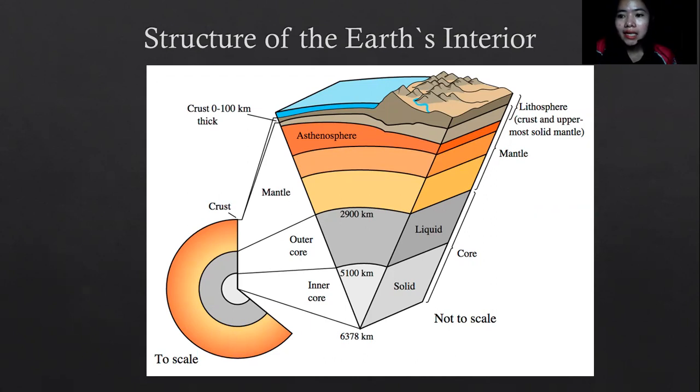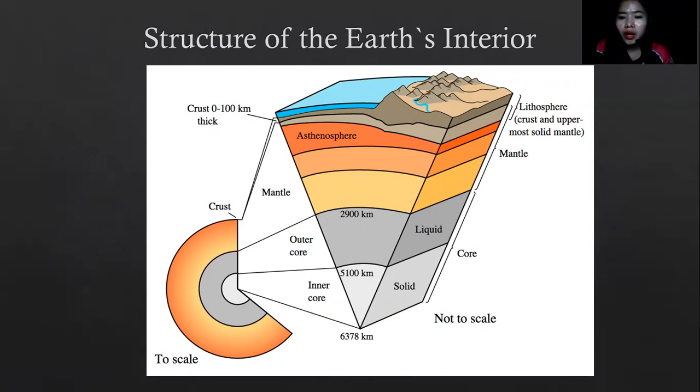And the fourth one is the outer core. It is the layer of the earth which is liquid iron and nickel. It is the only layer of the earth that is liquid, which means the molecules are not so compacted to each other. The flow of liquid in the outer core is because of the presence of a magnetic field.